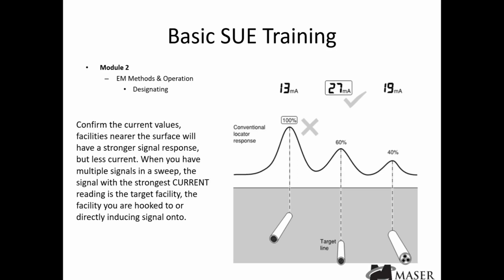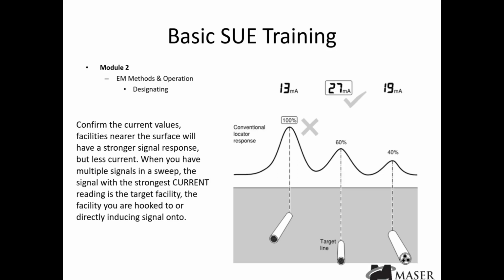So, some very important things about signals. As we talked about briefly in Module 1, there is the propensity for these electromagnetic signals to bleed off on other facilities. If there are other conductive facilities within the vicinity of your target facility, it is highly likely that some of your signal will bleed off onto the other facilities. But there's a way to diagnose that you're actually on your correct or target facility, the facility that you're hooked up to. So as you're sweeping your device across the surface of the ground,